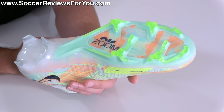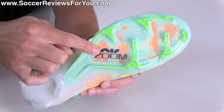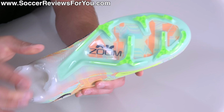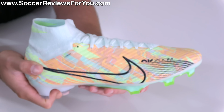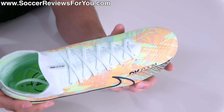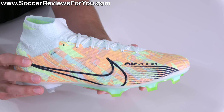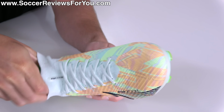And that unique feel ultimately boils down to one thing and one thing only, and that is the incorporation of Air Zoom tech, which you can see very blatantly there on the side. It even says Air Zoom on the upper. This colorway in particular doesn't say Air in giant letters on either side, which I'm sure a lot of people will appreciate. But inside the football boot, remove the insole and you guys will get a look at the insole,